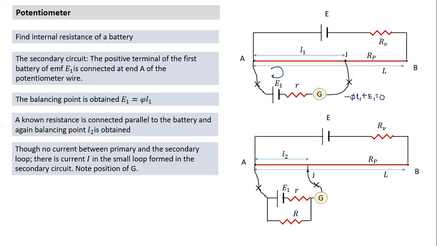And just note the position of G. Every time, remember that G is outside. G is not within the loop here. The galvanometer also may have resistance. So the external resistance is not connected across the battery and the galvanometer. It is connected only across the battery. So note the position of the galvanometer here. I hope you understand what the position of the galvanometer is. Now let's see, where is the current flowing? Since the battery is easy to figure out, in this direction the current will flow.